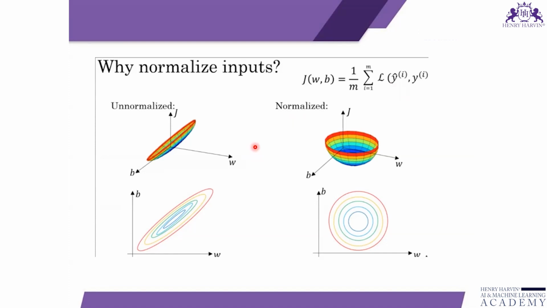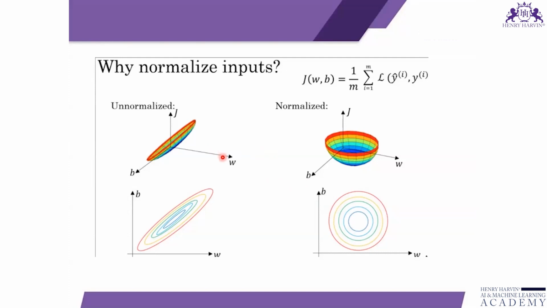If you plot this data in 3 dimensions, let's say we have W, B, and J. And if you want to see how these values are, if it is unnormalized data, with W and B and J, it will not be on the same scale, and there may be values which are different. For understanding, you can also think that you have different scales.